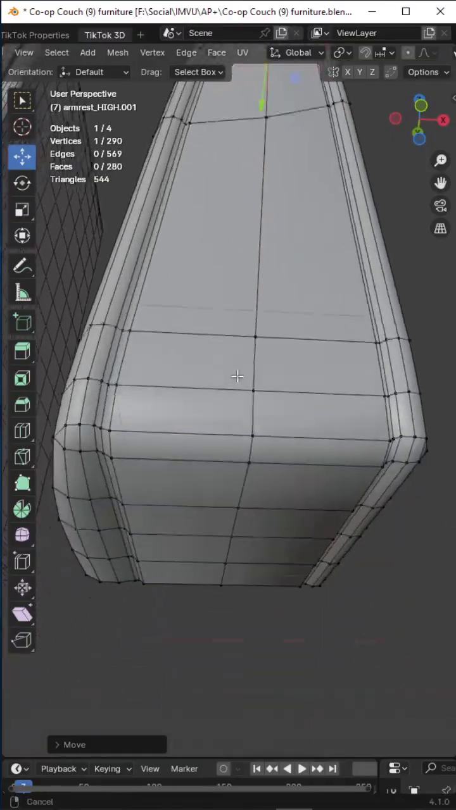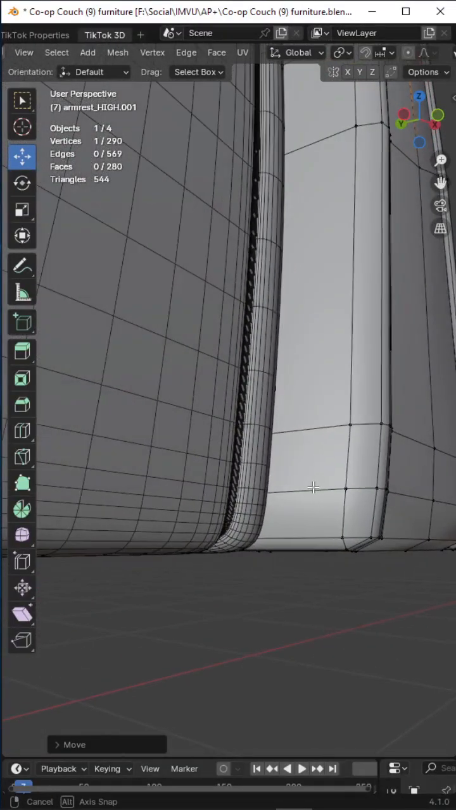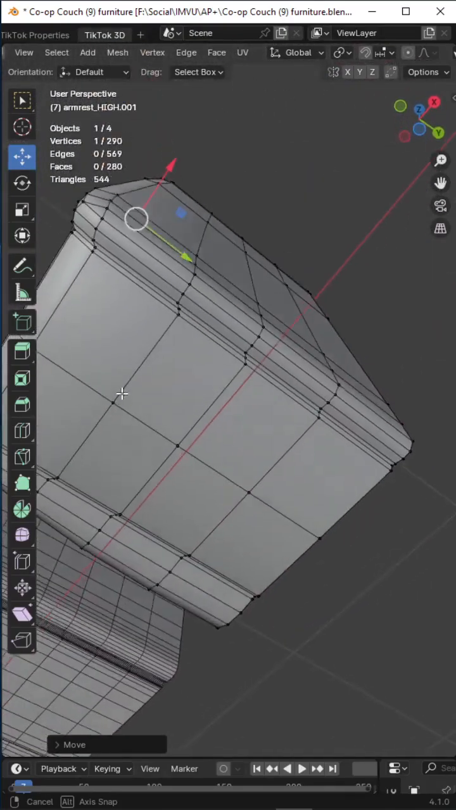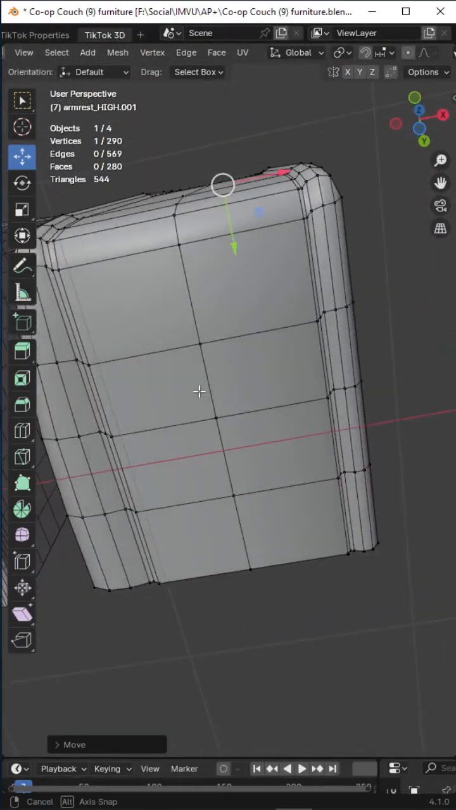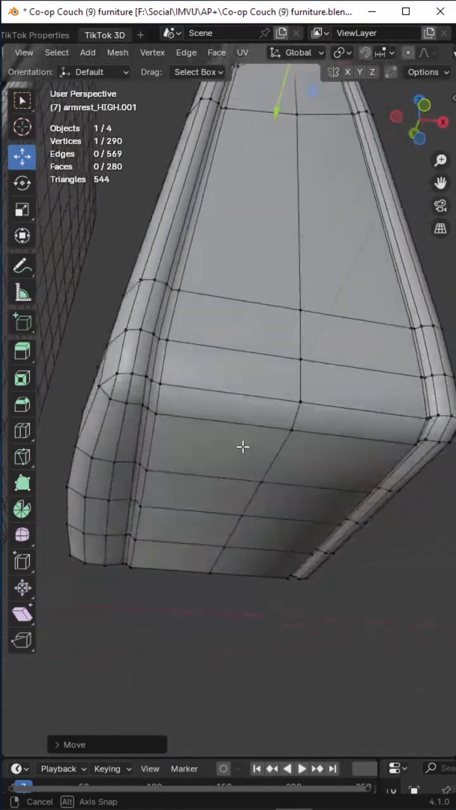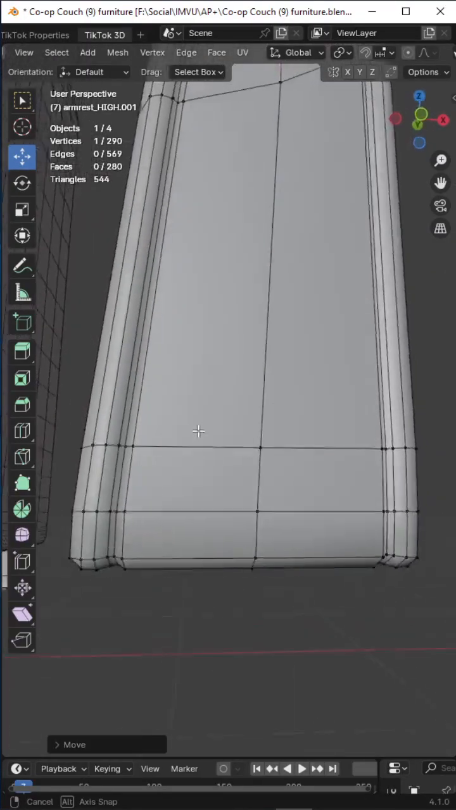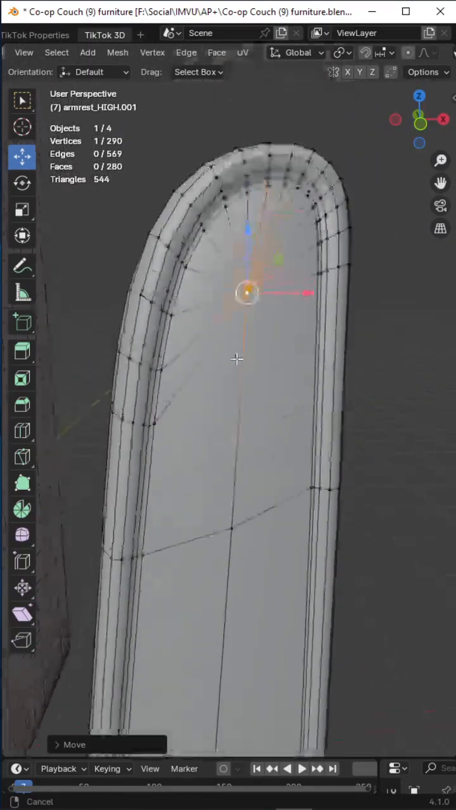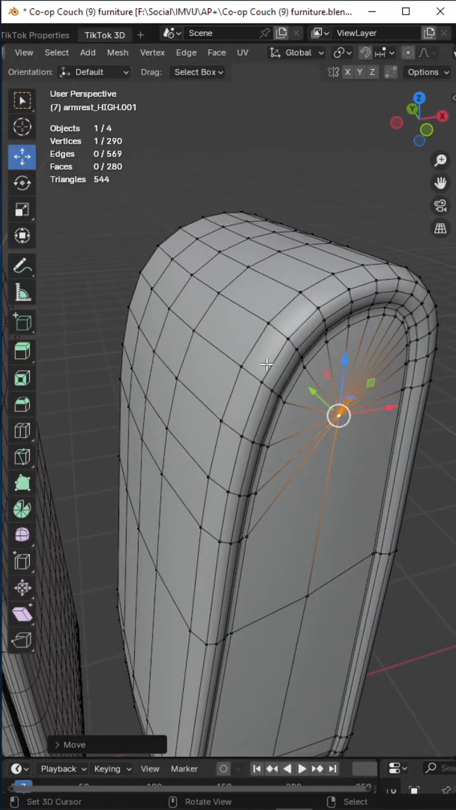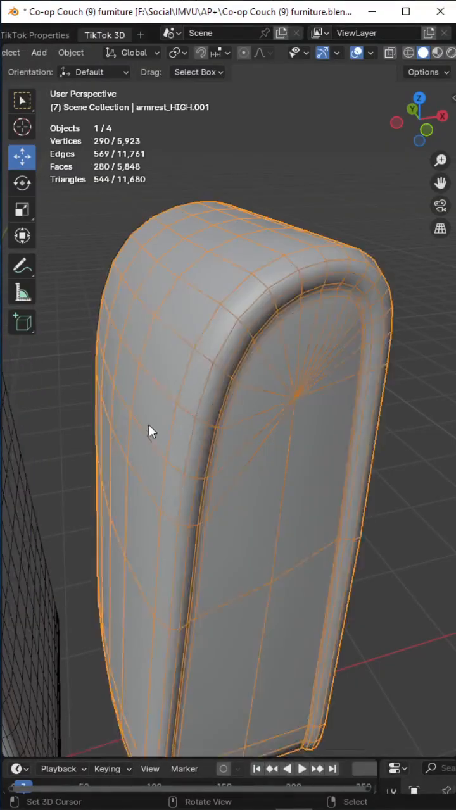So that looks like that will be our final low-res mesh from our high-res. Obviously we've now got to replicate this reduction